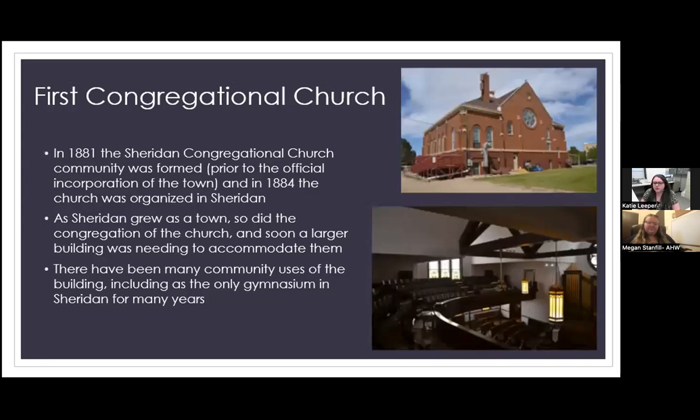And in Sheridan in 1881, the Sheridan Congregational Church Community was founded prior to the official incorporation of the town. And in 1884, the church was organized in Sheridan. As Sheridan grew as a town, so did the congregation of the church, and soon a larger building was needed to accommodate them. The new church could house up to 700 people,